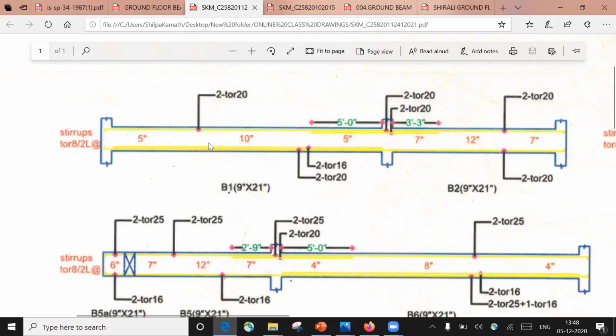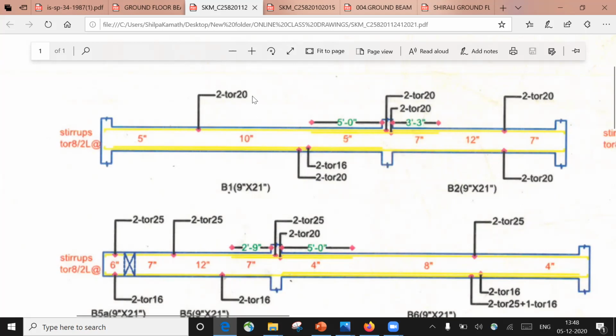In the same way, we'll try to see what the reinforcement is, right? Right now you saw he first tried to fix the bottom bars and all. So it's written that in that particular beam, you need to provide 20 diameter 2 bar at the top. I'm just speaking of this beam, this beam and this beam. We will not concentrate on this beam. Try to concentrate on this beam as well as this beam.